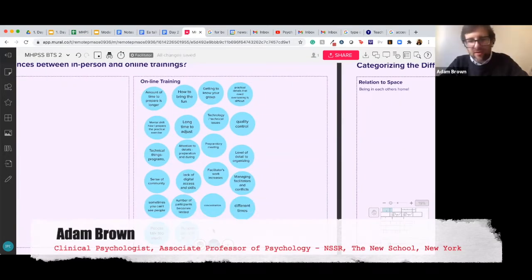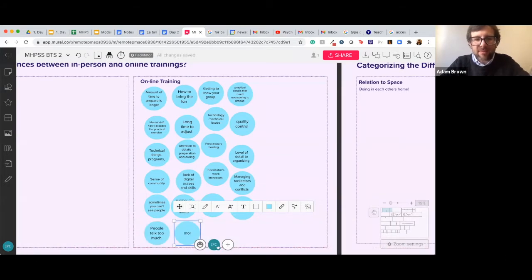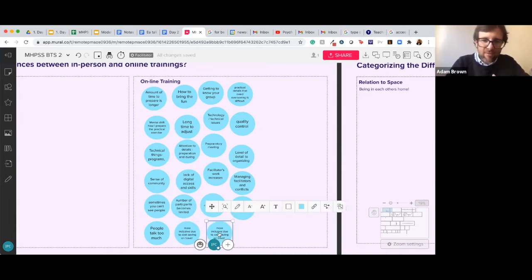Sure, just a couple of quick things, both on the strengths and challenges. I also agree with others that you can be really inclusive, or at least more inclusive, because you don't have to spend as much money paying for people to come to hotels and restaurants and all those things. So that's been really terrific. I would just say that I've learned you have to be very flexible, because as much planning as you put in, there could be pets and kids or power outages, or you just don't know, and that all can figure into the training. So flexibility becomes really important.